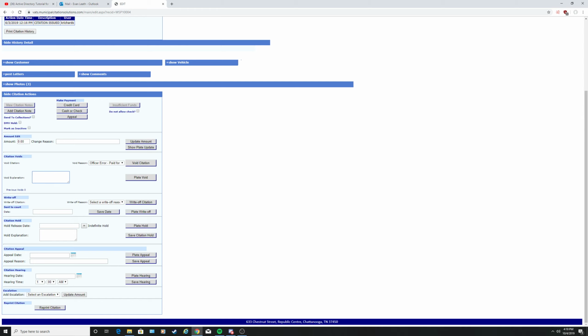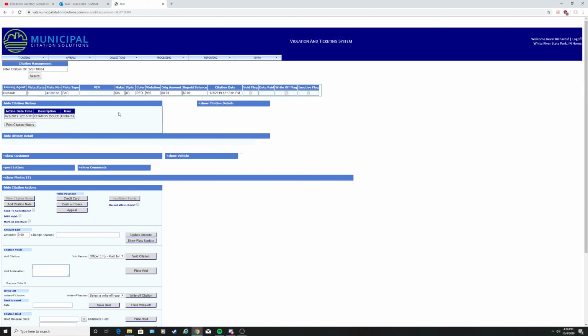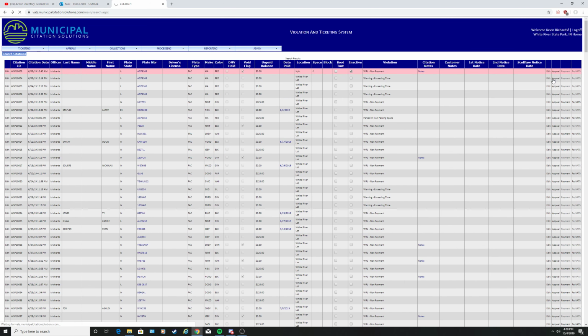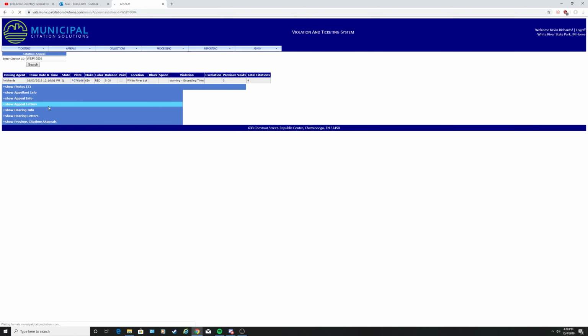We don't really deal with any of these other stuff. So I think in the future we probably will be, but as of right now, you're either changing the amount or you're voiding their ticket. So, yep, that is pretty much it on edit. For appeal, let me think here. So this is if they appeal it online. We'll go more into this later, but